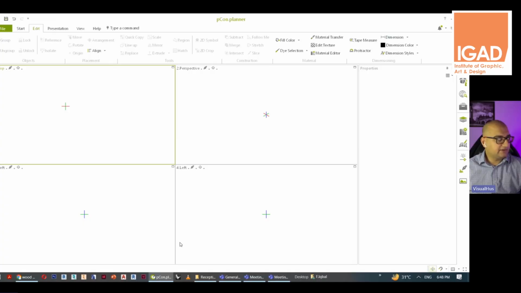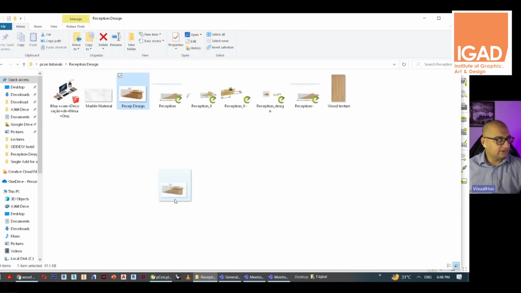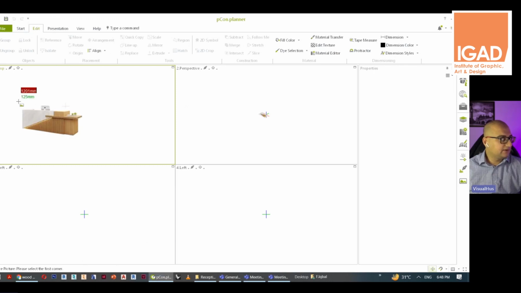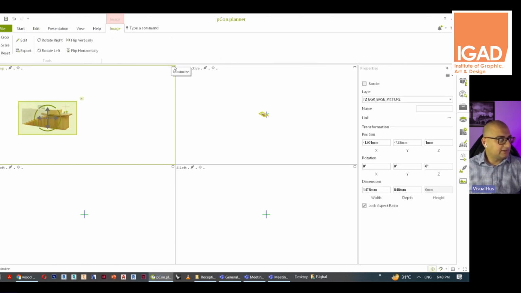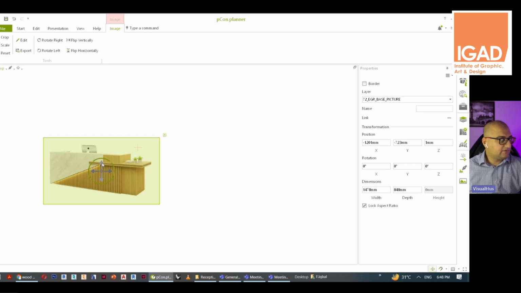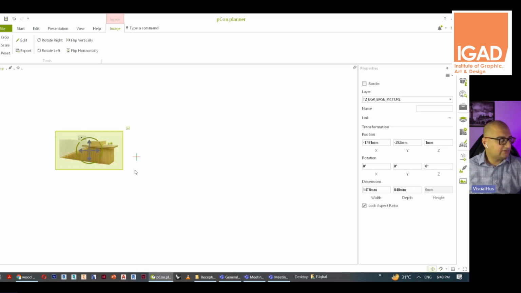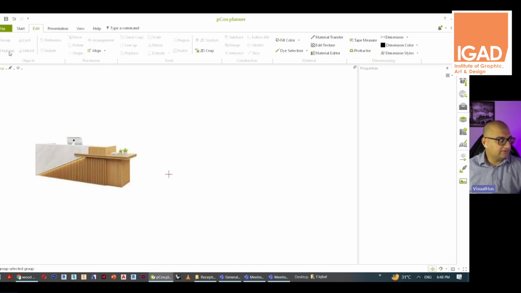Okay, we are in Pecan Planner right now. The first thing I'm going to do is drag the image of the reception in top view. Click and drag, maximize the screen. I'm going to use this image as a reference and start building a